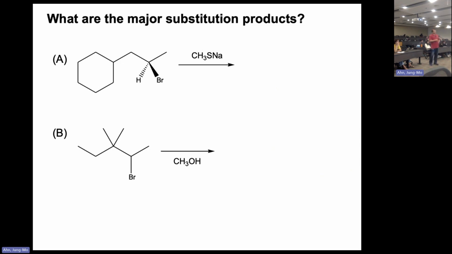Let's say this one. This one's pretty simple because you have that sulfur, negatively charged, right? And the sodium there is a cation. So thiolate, this negatively charged sulfur, is a nucleophile. That is a pretty strong nucleophile. And even though you have a pretty strong nucleophile, if you have a tertiary alkyl halide,